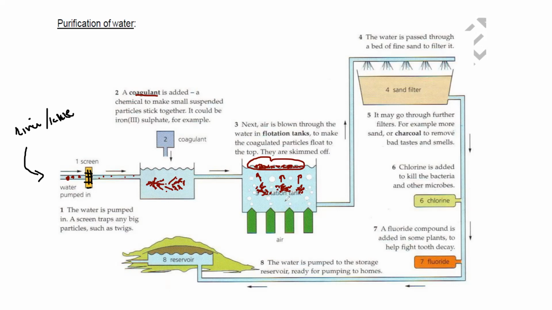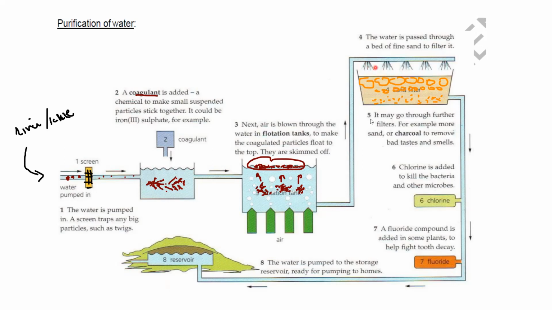After aeration, or blowing the air, we use a sand filter. What is a sand filter? A sand filter consists of different layers of sand. For example, there are large particles at the top, then medium particles in the middle, and fine particles at the bottom. So we pump the water, then this water will flow, and using a spray, the water is added or passed